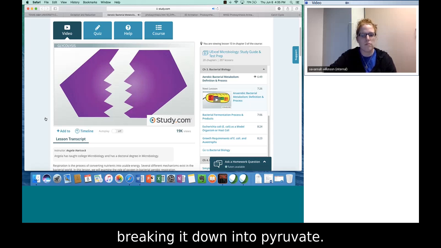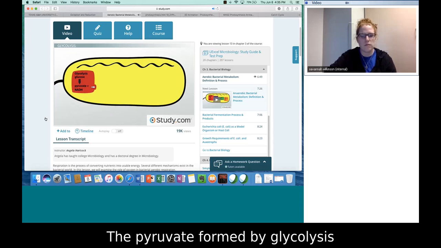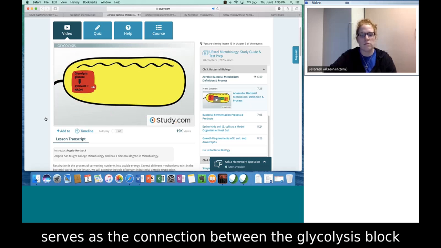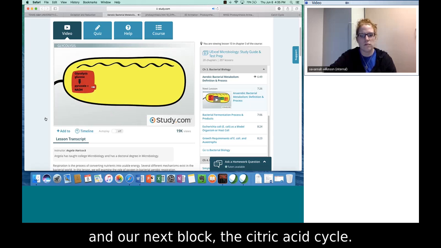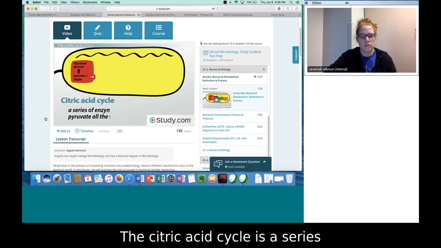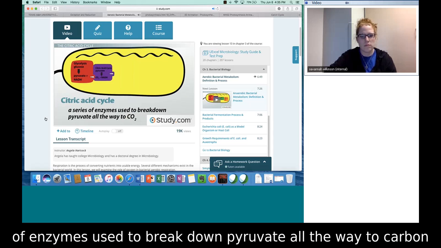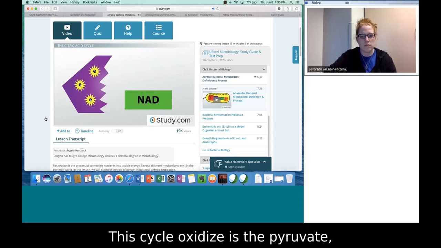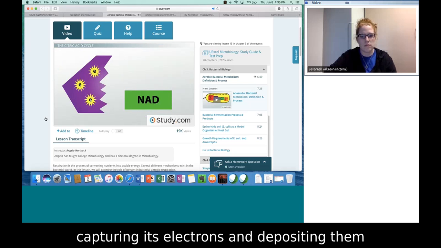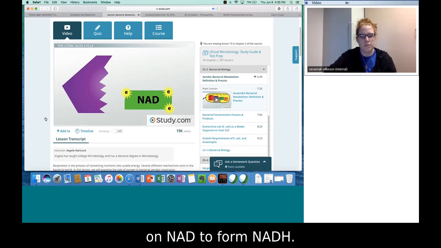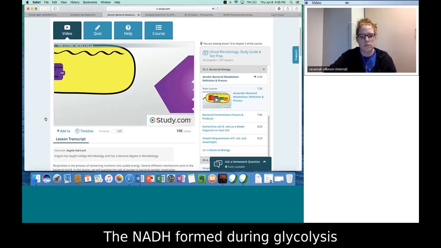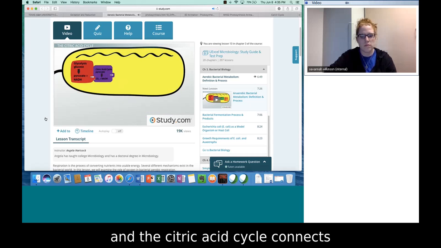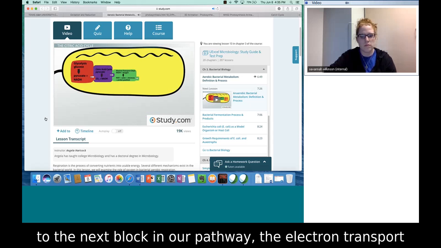breaking it down into pyruvate. The pyruvate formed by glycolysis serves as the connection between the glycolysis block and our next block, the citric acid cycle. The citric acid cycle is a series of enzymes used to break down pyruvate all the way to carbon dioxide. This cycle oxidizes the pyruvate, capturing its electrons and depositing them on NAD to form NADH. The NADH formed during glycolysis and the citric acid cycle connects to the next block in our pathway, the electron